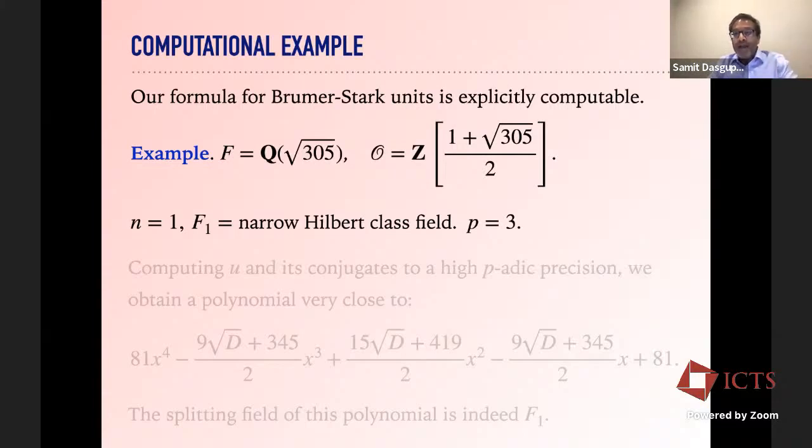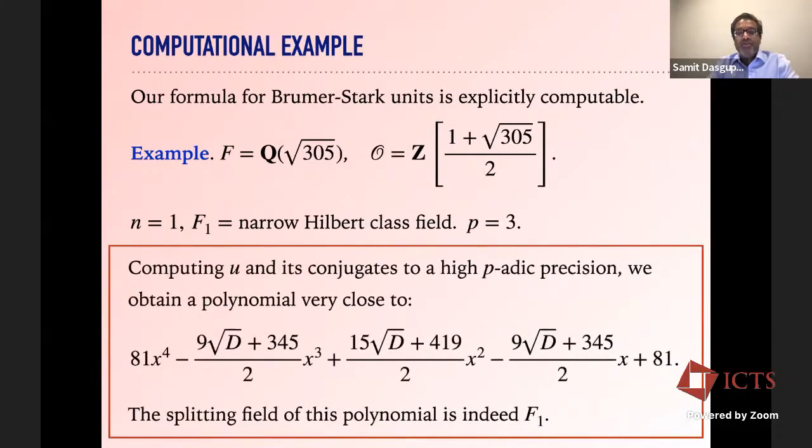But anyway, there's some math to do in computing this, but it's possible, and you can actually do it on a computer. It's very nice. So you ask the computer to compute this integral and all of its conjugates, and then once you have it, you compute the elementary symmetric polynomials of these elements, and you expect these to be algebraic integers in F. You ask the computer, okay, this is some crazy p-adic number, but it's supposed to be an integer, or a half integer. What is it? The computer will tell you, okay, 9 halves. If you've done this to like 100 p-adic digits and you get 9 halves, then you know that it's going to be right. So you write down this polynomial, and then you check after the fact